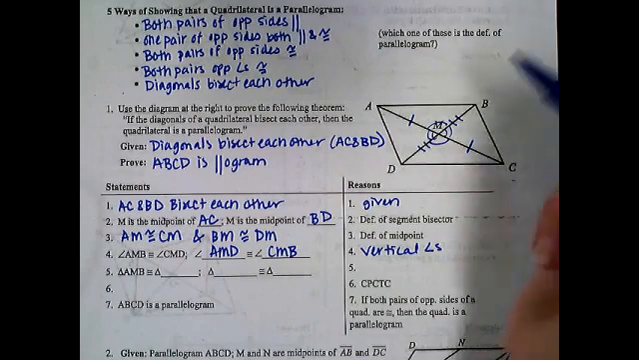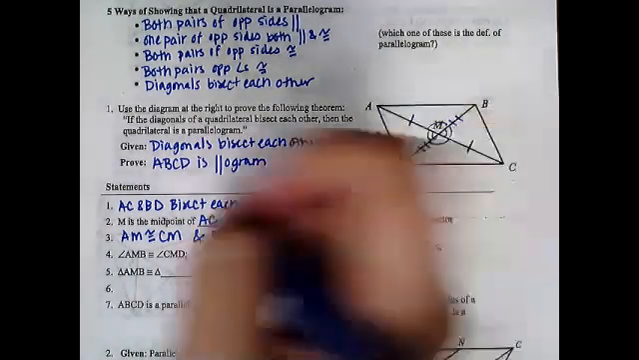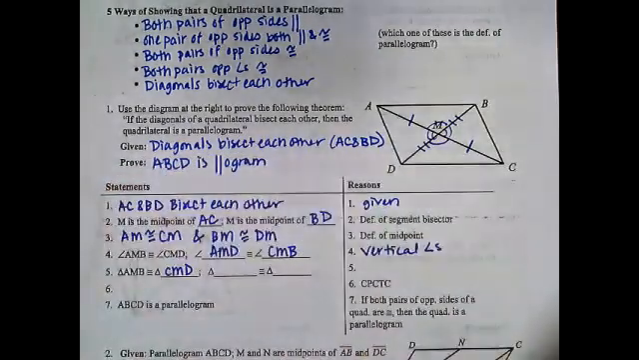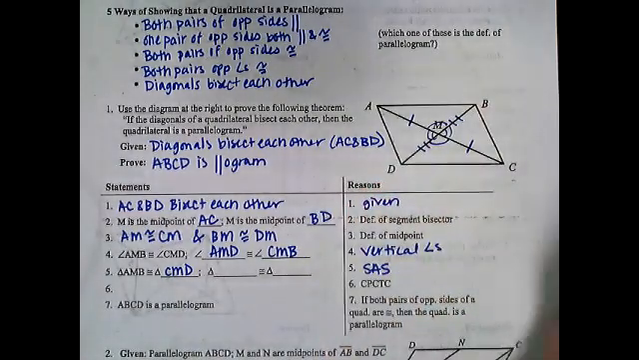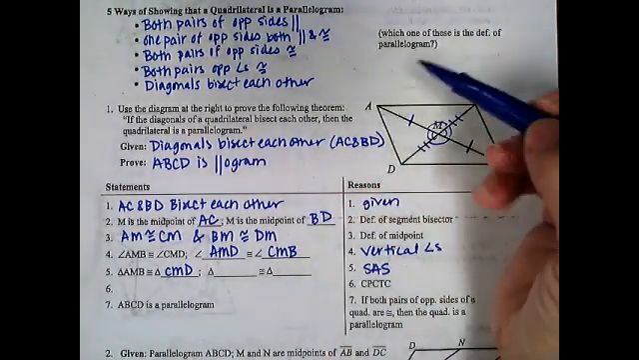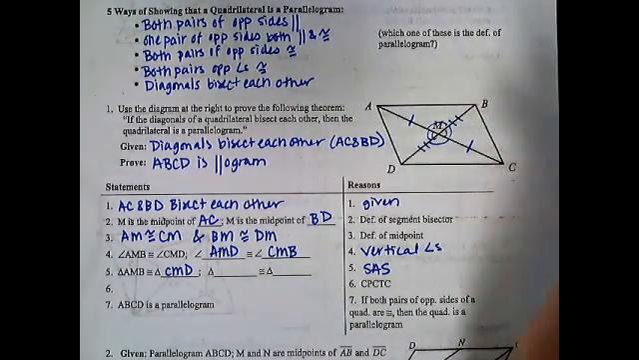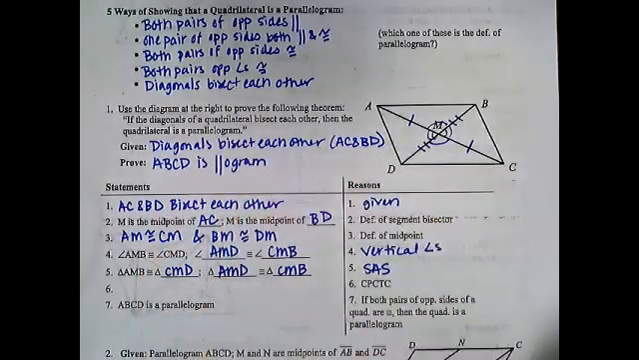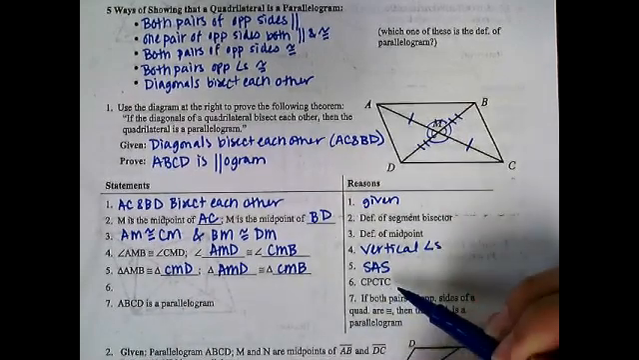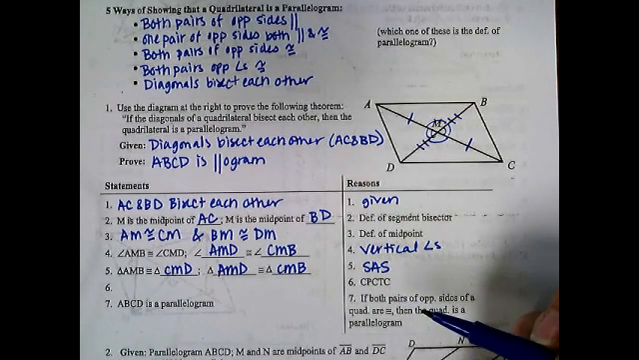So now triangle AMB is congruent to triangle CMB. And this is by side angle side. So what other two triangles are congruent by side angle side? AMB and CMB. So now I'm going to use CPCTC, which remember is corresponding parts of congruent triangles are congruent, to prove that